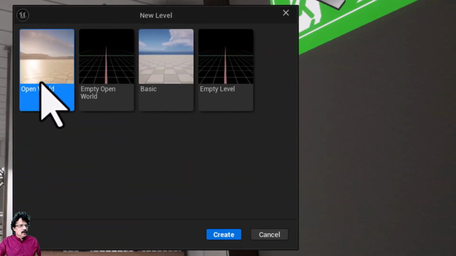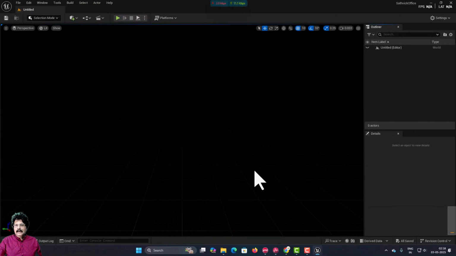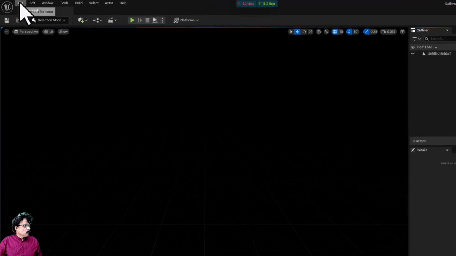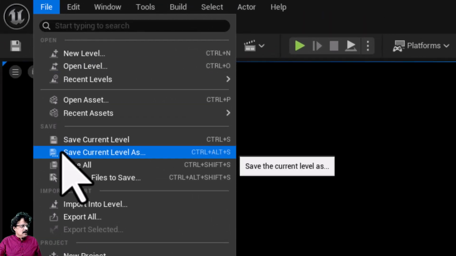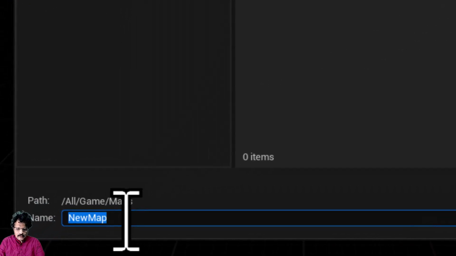When I click on new level, I have 4 options here: open world, empty open world, basic and empty level. So to start right from scratch, I am going to start with this empty level and I will select create. This is going to create an empty level, or an empty set. So the first job is, I will go into file and choose save current level as, and I am going to browse to my content, and in the maps folder,